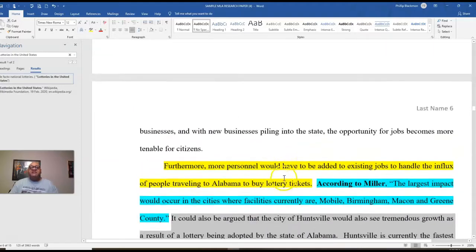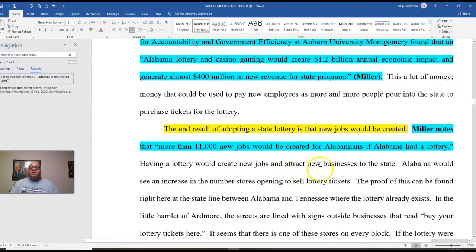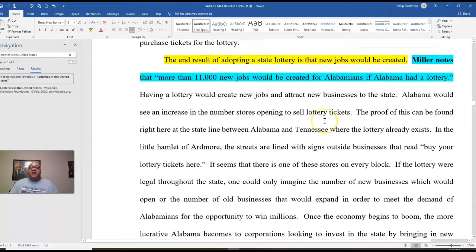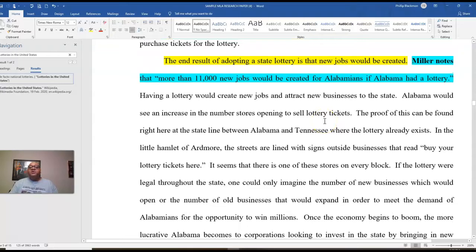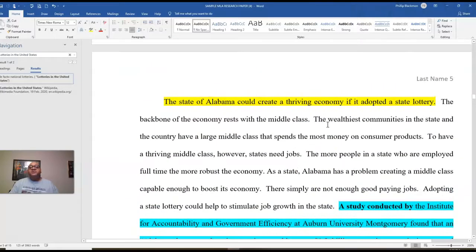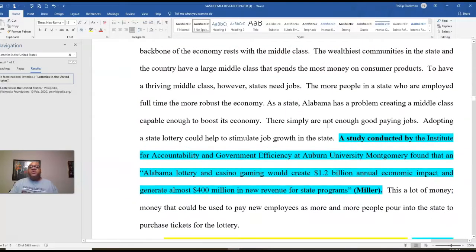So go back, and like I said, it all depends on you where you put your research. If you want to put it directly after your topic sentence and then spend the rest of the paragraph in your own words, explaining, analyzing, providing examples, that is up to you. But a good rule to follow when you write the paper,